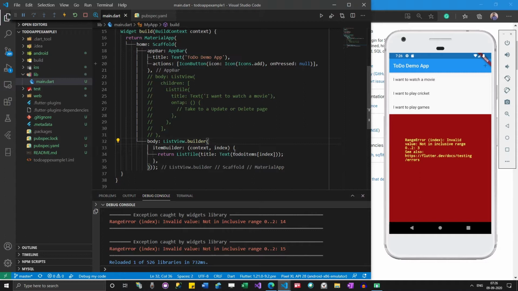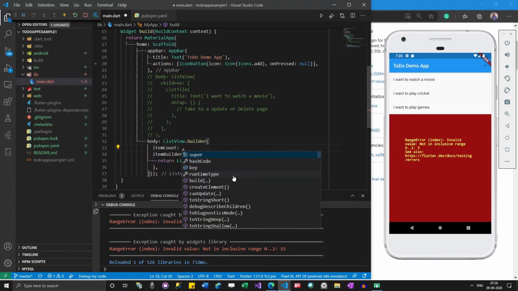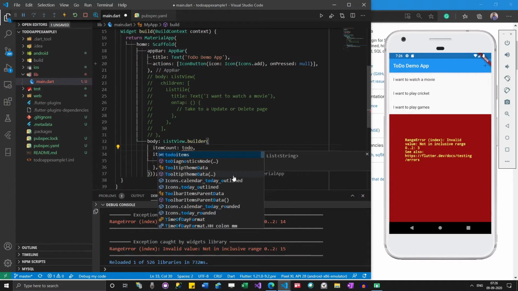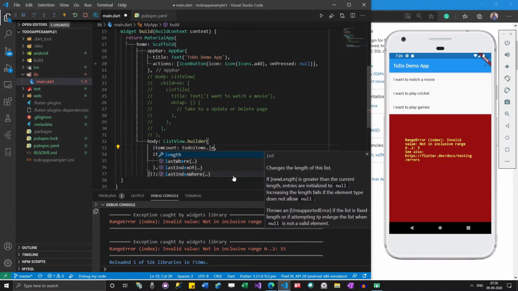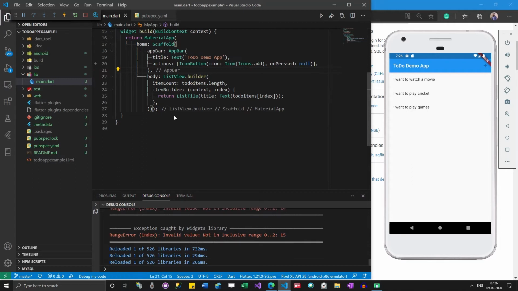Now we are getting some error. That's because we have to specify the item count: toDoItems.length. This is how we can get the length of the list. So I can remove this code now. Let me format it nicely by adding some commas.